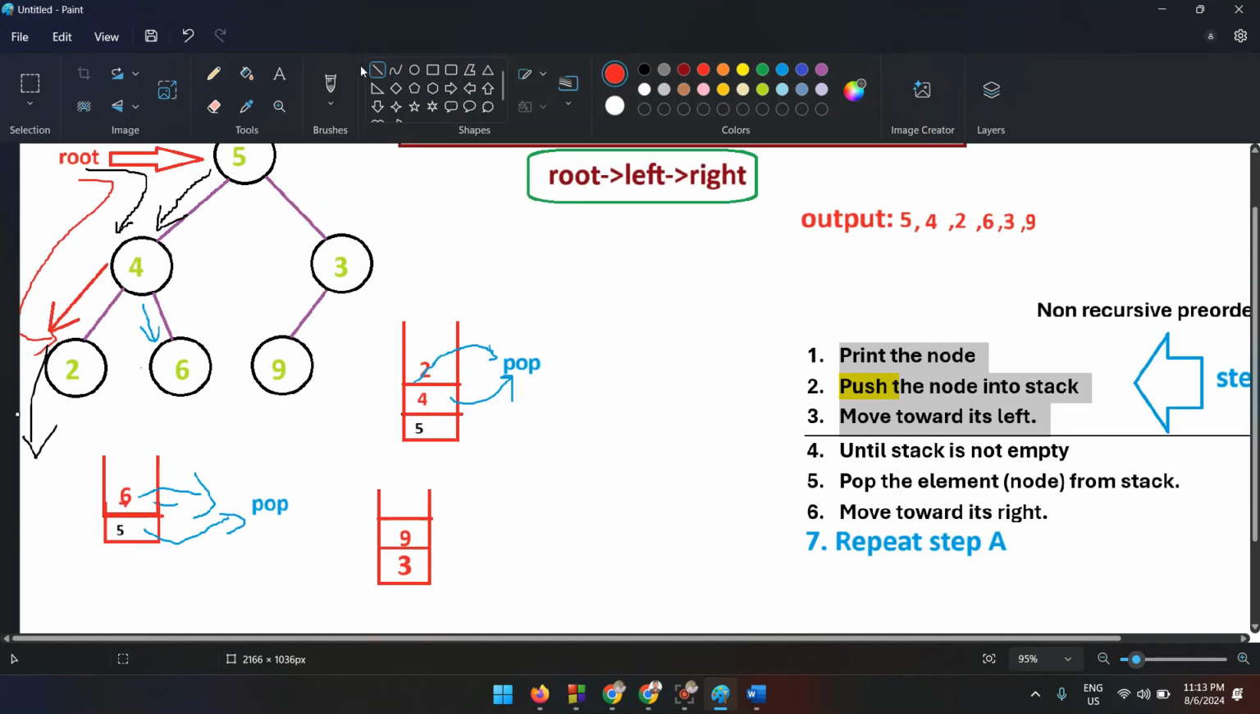For 9, we don't have any left, and we don't have any right. So what can we do? We can simply pop that 9 from the stack. I will pop this 9 from the stack. I will check, can I have something towards its right? We don't have anything. Okay, so no need to repeat step number 7,